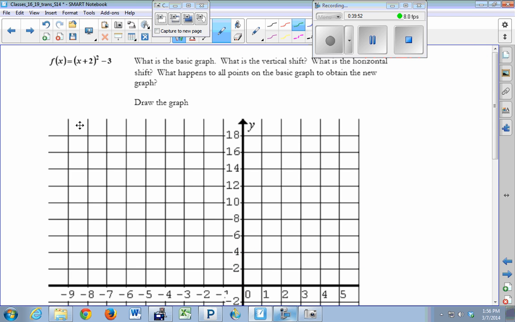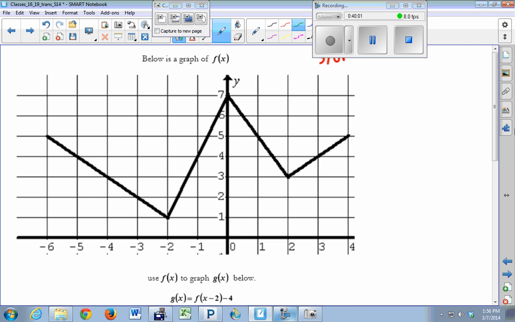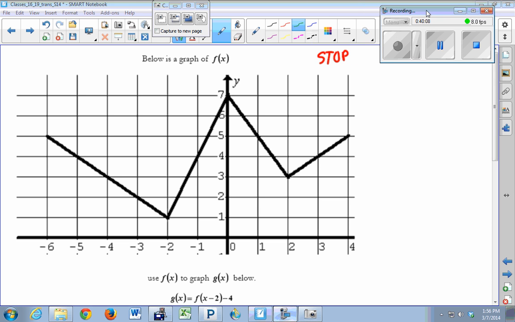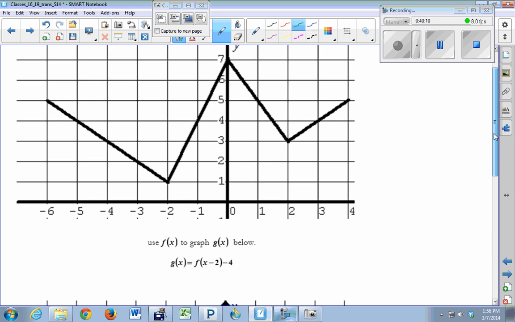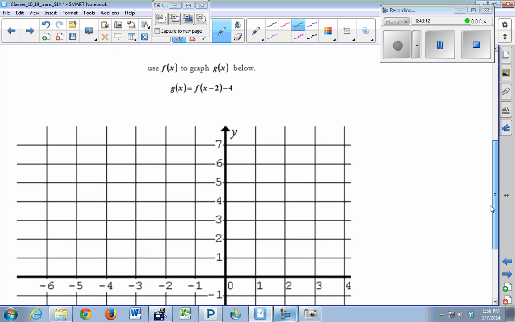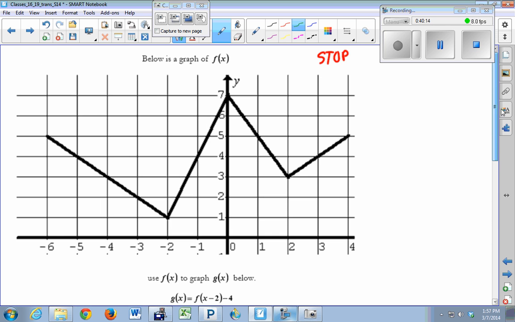Okay, so you can try this one at your seats. There's two things happening here, and we can check it when you come to class. And we will start the next class with this function here. This is a piecewise function. So this is where I want you to stop for today. This is a piecewise function, and we're going to do some transformations on this piecewise function. Okay, so we'll stop this first video for class 16 here, and we'll pick up with this problem during the next class.